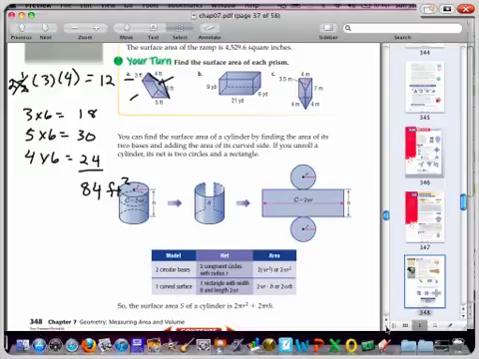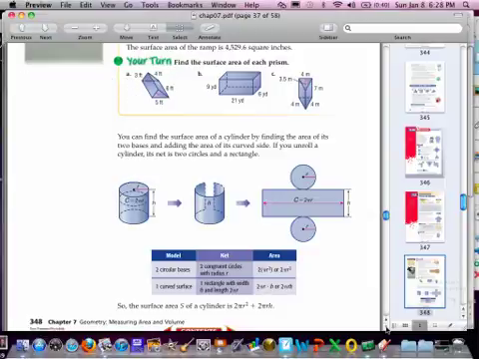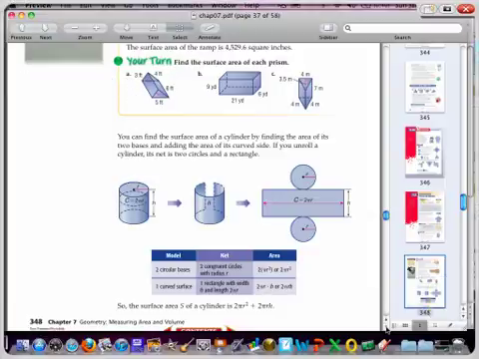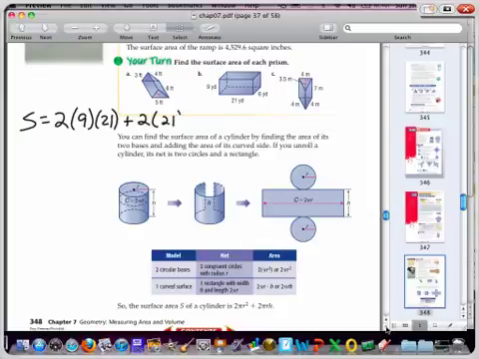Okay, let's look at B. B is a lot easier. Those rectangular prisms are so much simpler. Remember, it's 2 times, and just pick 2 different ones, 9 and 21, plus 2 times 21 and 6, plus 2 times,